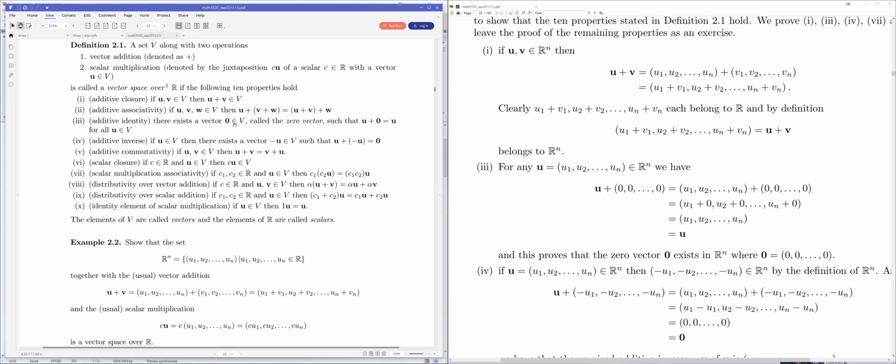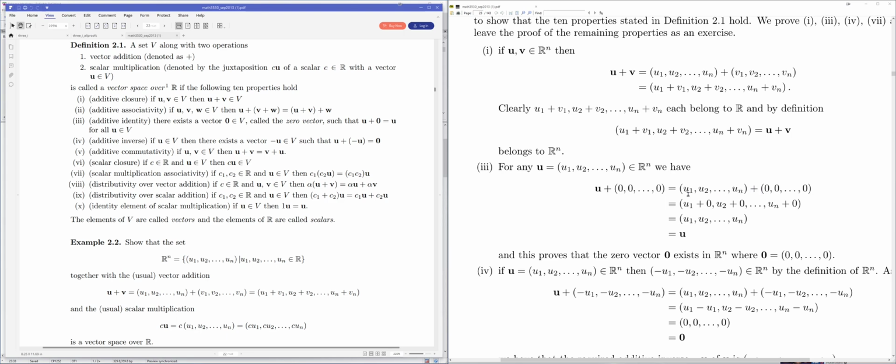Once you identify that zero vector, you just need to justify that when you take any arbitrary vector in your vector space Rn and add 0 to it, you get back the same vector. This isn't hard to show, but you do need to write it out. Eventually you need to write out your components, so the u over here is u1, u2 up to un. The zero vector just has 0 in each of the components, and when you add,